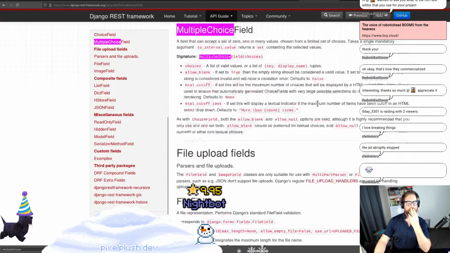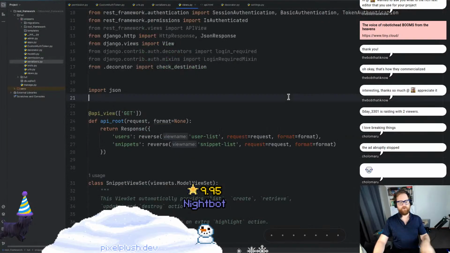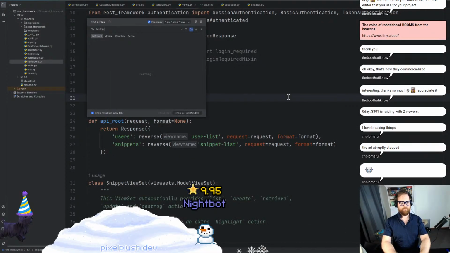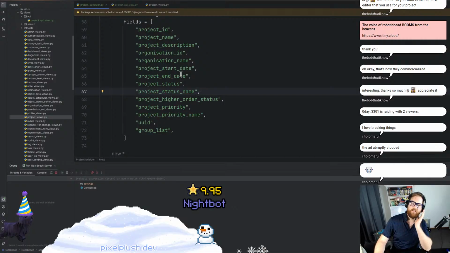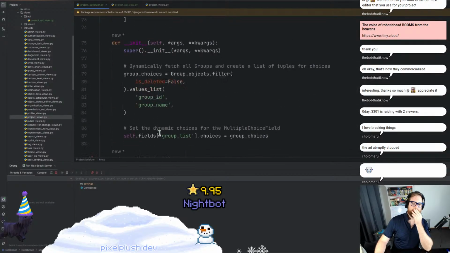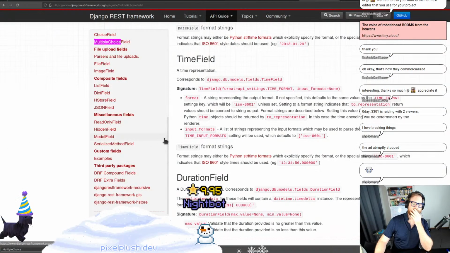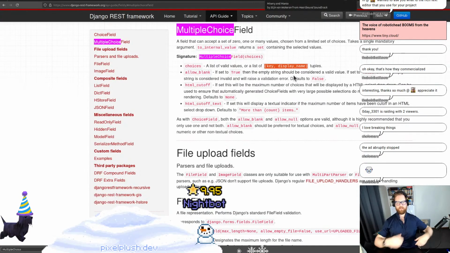So we don't have another multiple choice field. Let's actually check this one. Yeah, we don't have choice fields on there. What do we want to do? Because with the multiple choice fields, choices, a list of valid values, or a list of key display tuples. Yeah, so we'll need the key and display